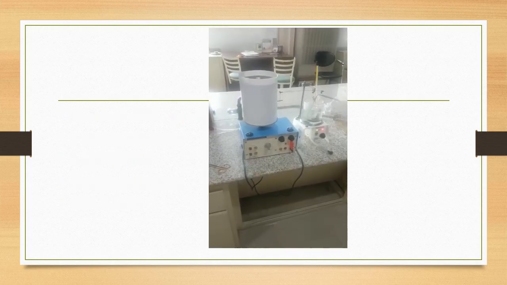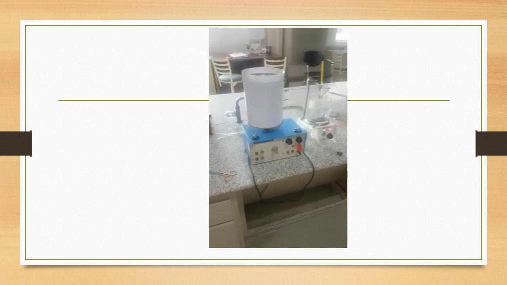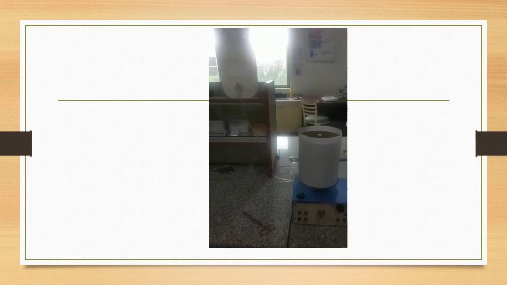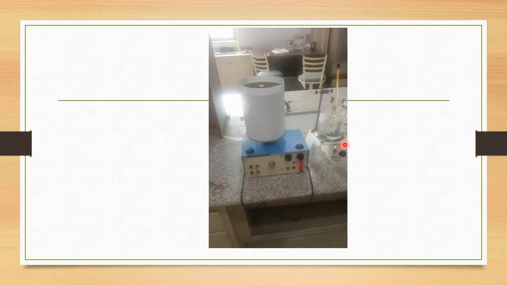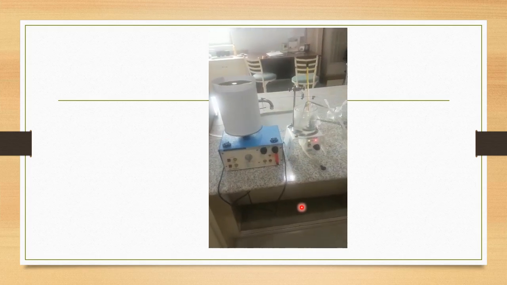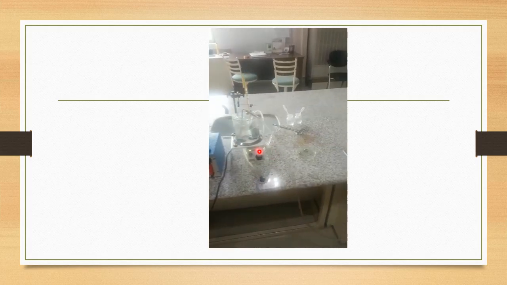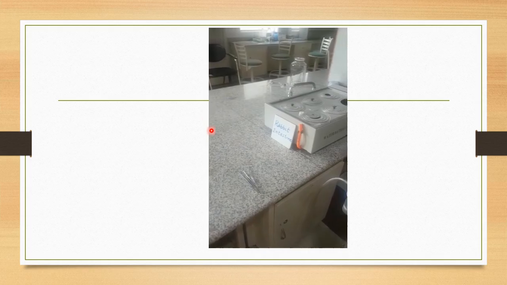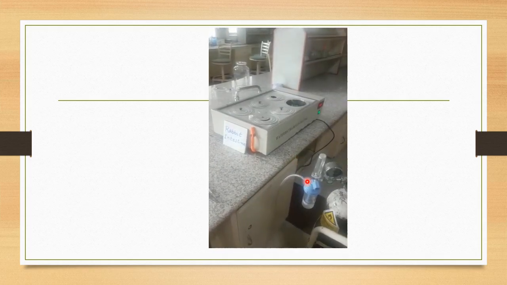Now this is a video that explains the different apparatuses. This is the kymograph. This is the operator, where you can adjust the speed of the kymograph. That is the paper, and that is the tissue bath.